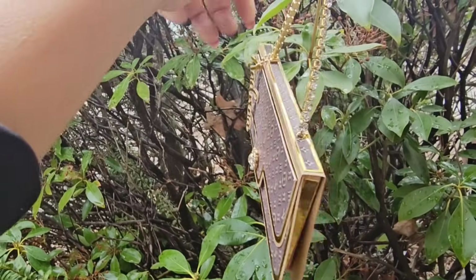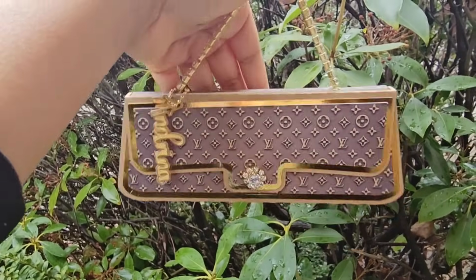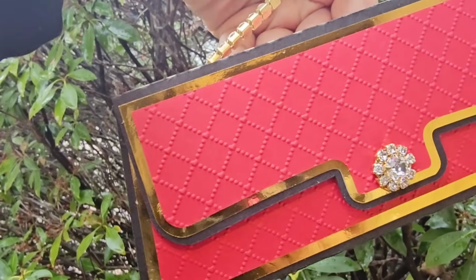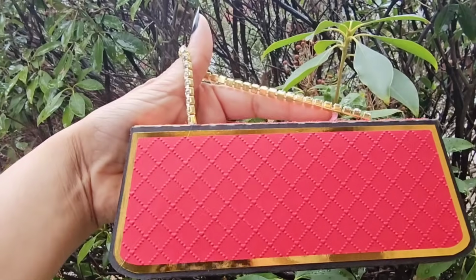In this video, I am going to show you how to design and put together these beautiful Hershey purses using Cricut Design Space. You heard that right. Y'all all know I only use Silhouette Studio, but from now on, all of my templates will have a video on how to assemble, how to do it in Silhouette Studio, and now how to do it in Cricut